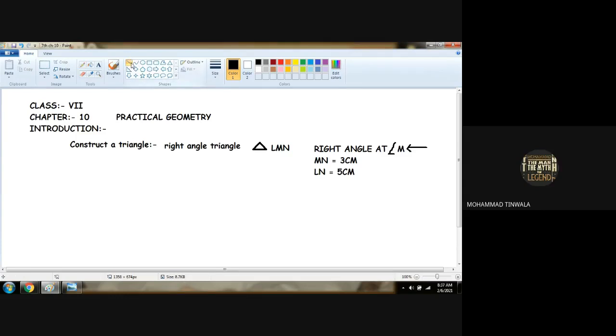When we are constructing any triangle, we used to take the biggest line segment as our baseline, LN. But we have to check at which angle we have to prepare a 90 degree. It's angle M. So we cannot take the longest side. We cannot take the smallest side. We have to check what is the vertex point on which we have to take right angle. Angle M. So line segment MN will be our baseline.